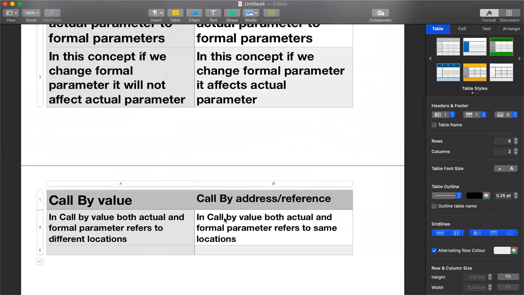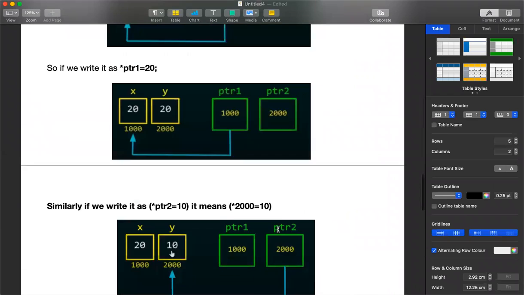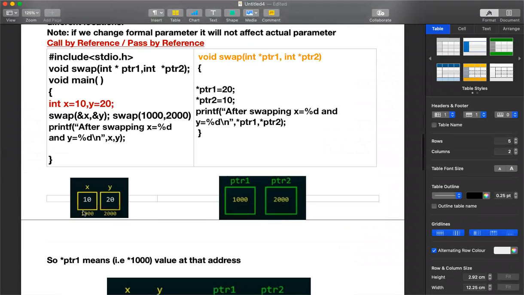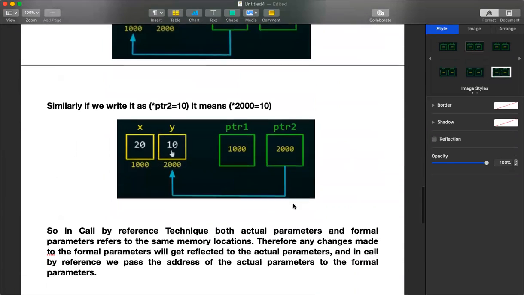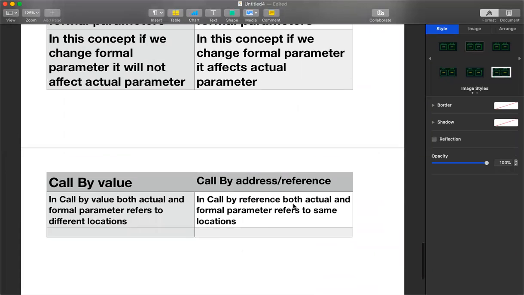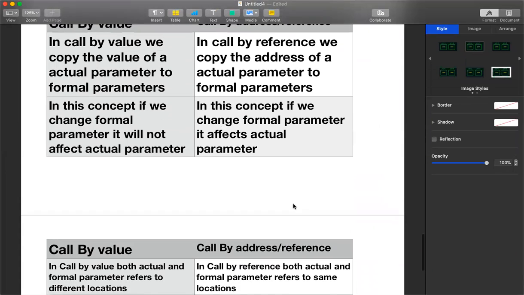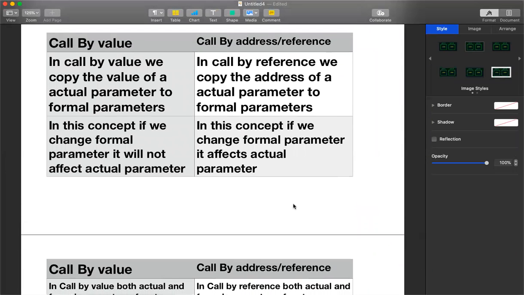Whereas in call by reference, both the actual and formal parameters refer to the same location. You can see in this example, the actual parameters have locations 1000 and 2000, and the formal parameters also have 1000 and 2000. So these are the three major differences between call by value and call by reference.